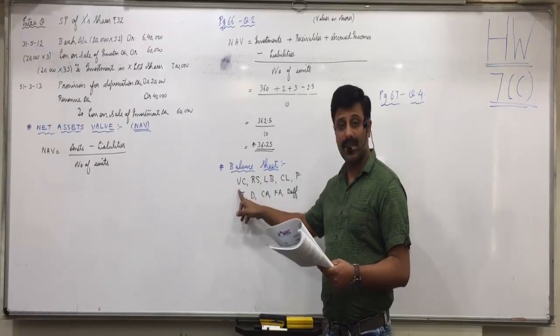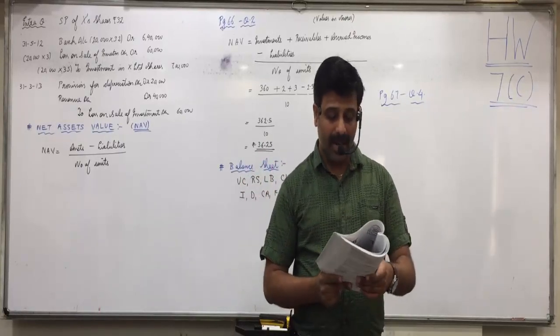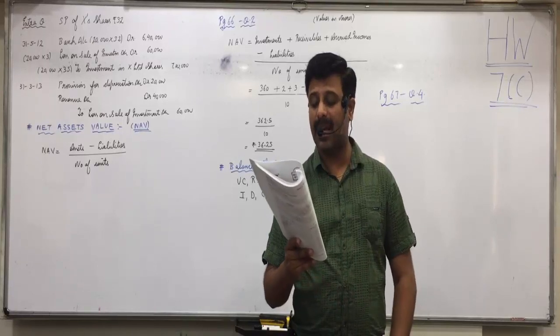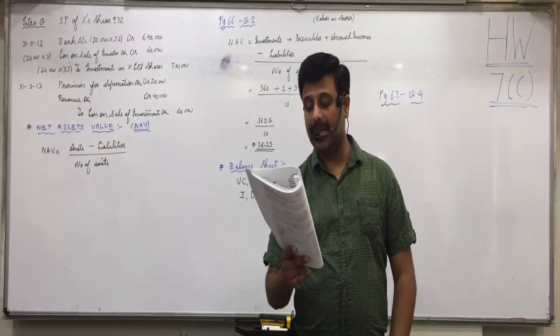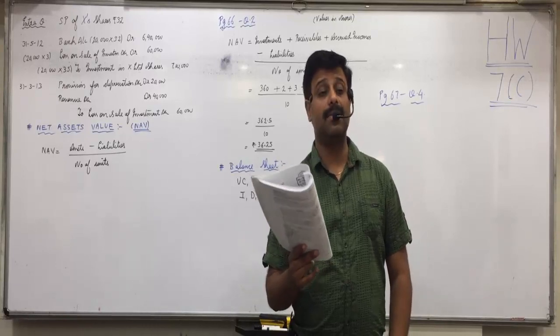Where will you show initial capital? Unit capital, marked as UC, but it will not be included in the total. It will be double underlined. It's like authorized capital. And where will you include this issued and subscribed capital? Unit capital. This will be included in the total. Marked as UC.